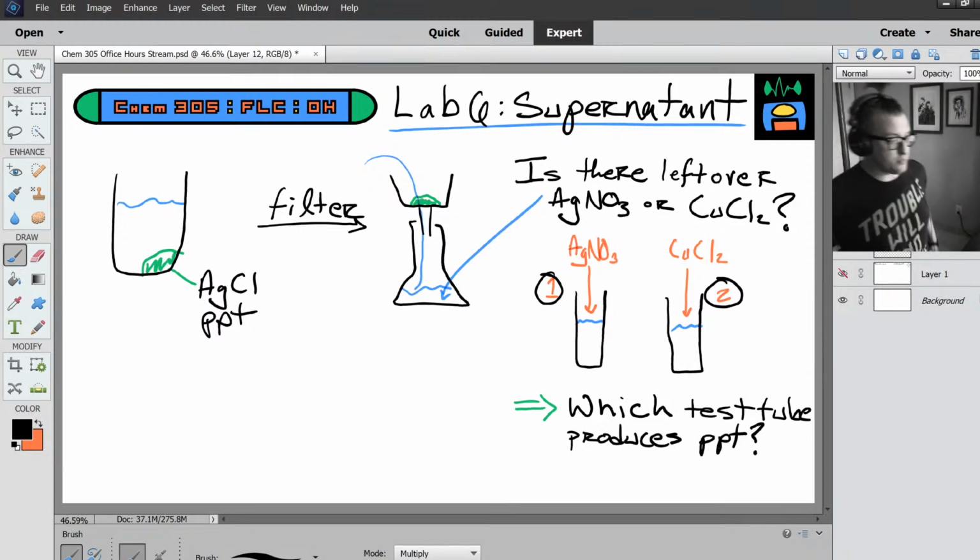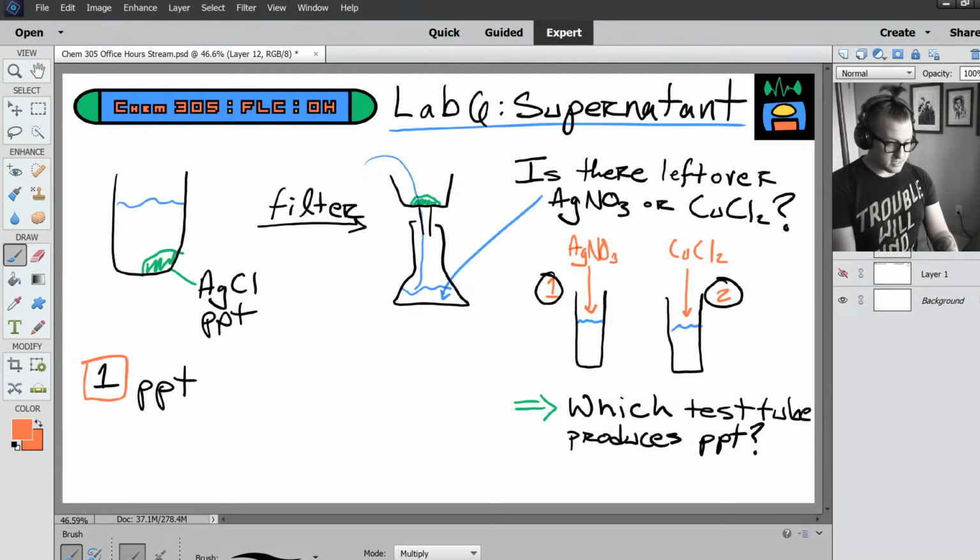All right, which test tube produces precipitate? So, for example, if test tube 1 produces precipitate, if we add silver nitrate to a test tube and we get PPT, precipitate,